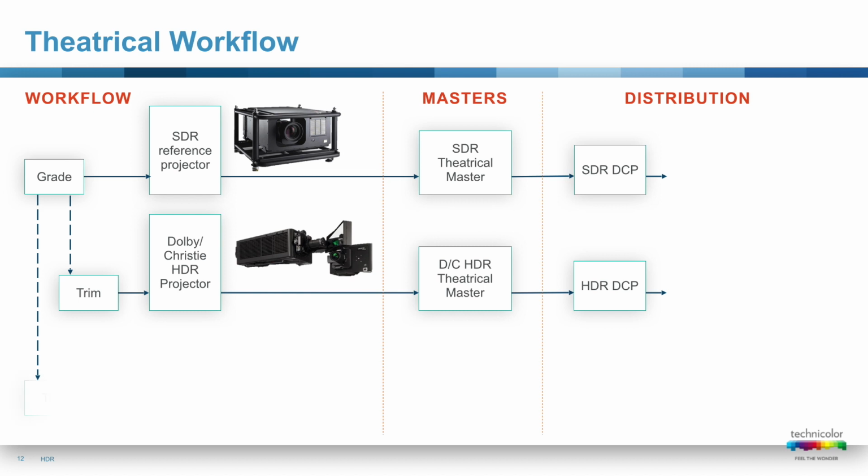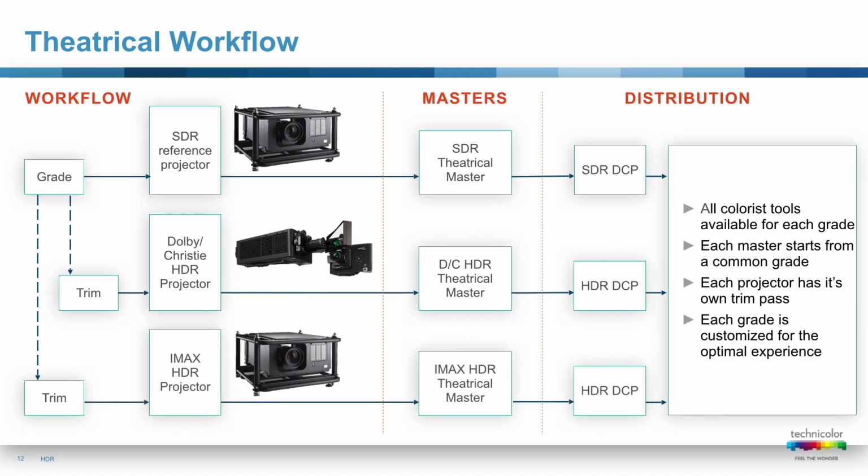So you can see that there's now content that's needed for this Dolby Vision projector as well. It's not quite the 3,500+ screens that we've had for standard dynamic range projection to date, but it's just the beginning of that. So let's look at the workflow. What does this mean for us doing a grade for these different projectors?